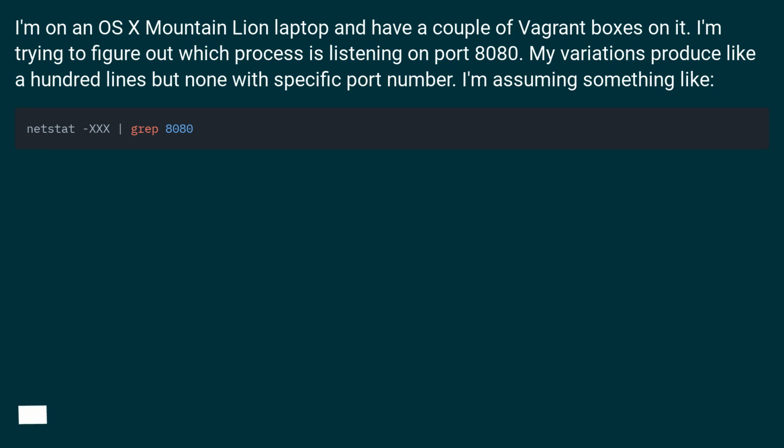I'm on an OS X Mountain Lion laptop and have a couple of Vagrant boxes on it. I'm trying to figure out which process is listening on port 8080. My variations produce like 100 lines but none with the specific port number. I'm assuming something like